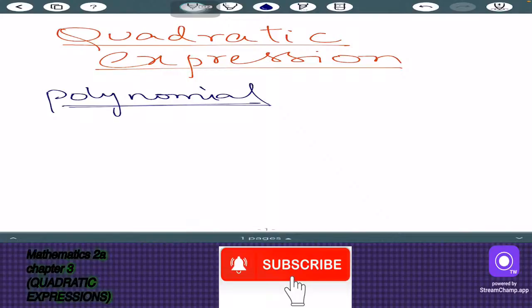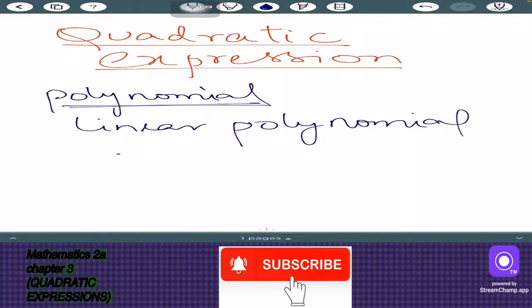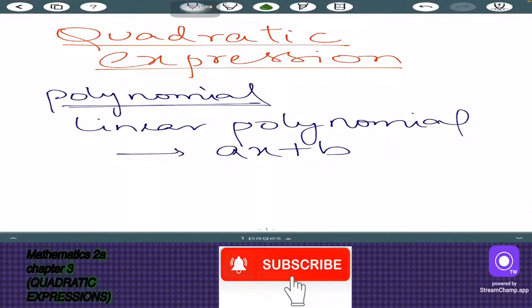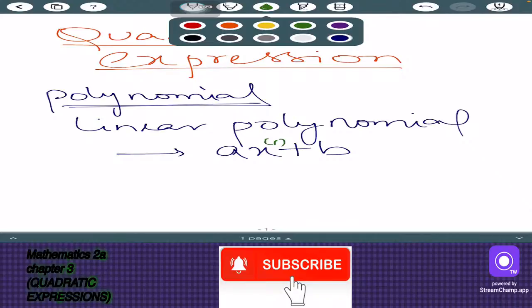Polynomial in one variable, it is a linear polynomial, ax plus b. What you can see over here is the power of x is 1. But if you go for the same for quadratic